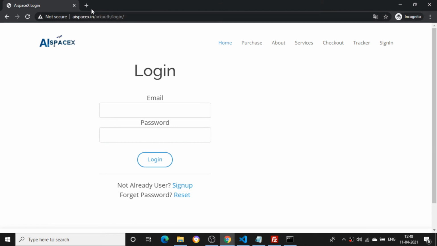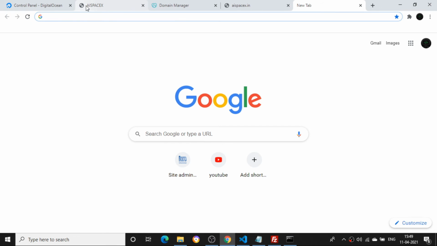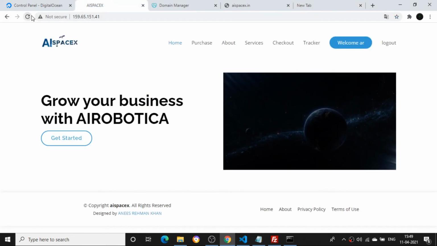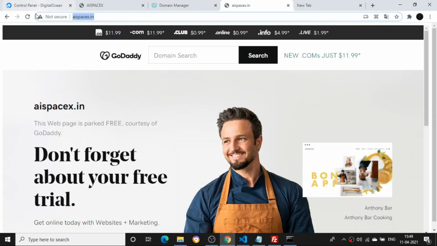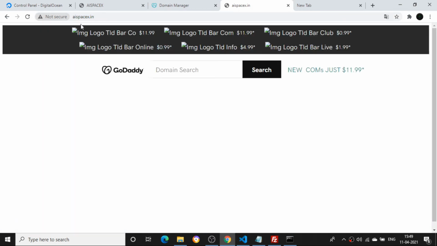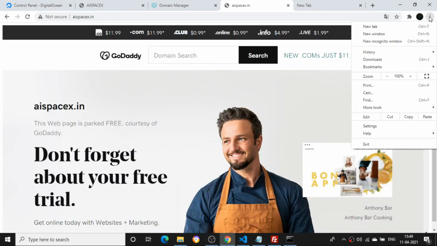Okay, so this is how you can connect your website and your domain name with the same IP address. Then coming back to the next topic, if I just come back here, it is running here also. If I just press Ctrl Shift R, you can see some cache files would have been saved here. I can remove the cache files.